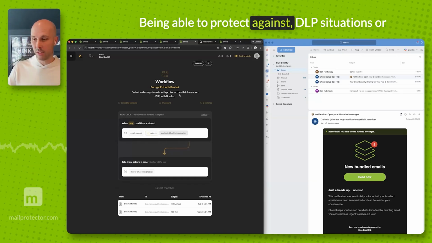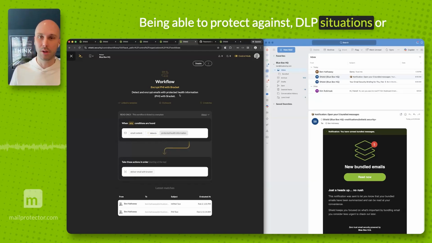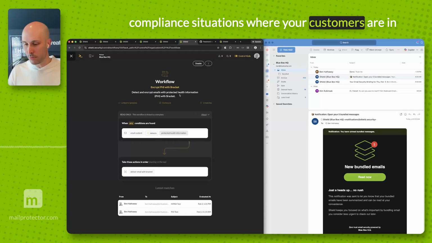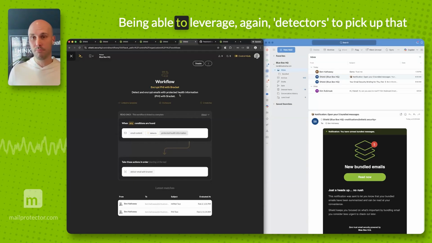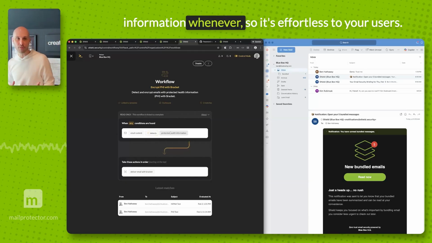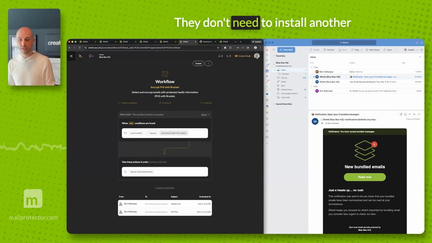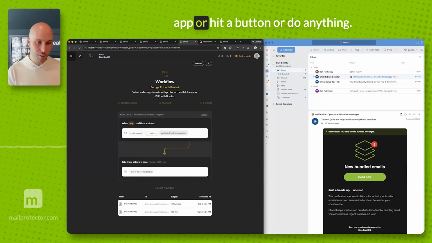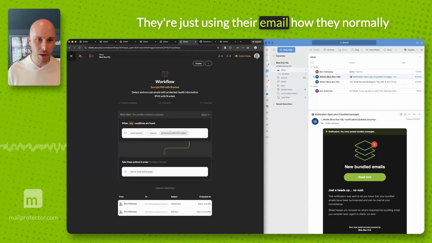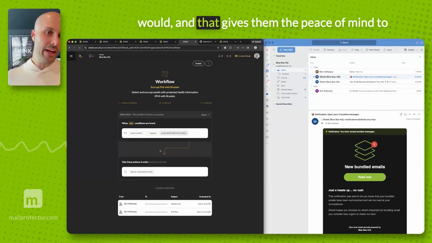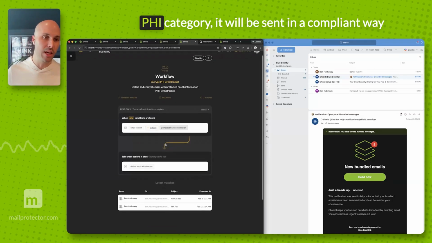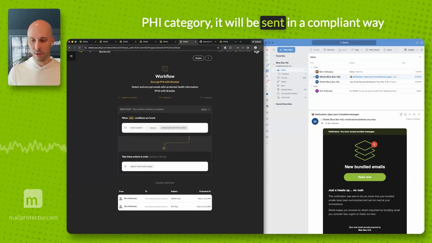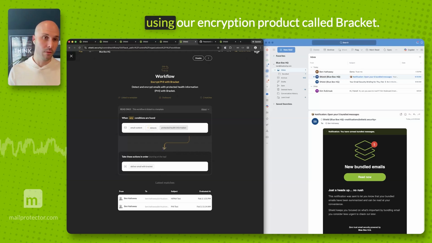being able to protect against DLP situations or compliance situations where your customers are in medical and can't be sending PHI across the open web, being able to leverage detectors to pick up that information whenever, so it's effortless to your users. They don't need to install another app or hit a button or do anything. They're just using their email how they normally would, and that gives them the peace of mind to know if they send something that falls into the PHI category, it will be sent in a compliant way using our encryption